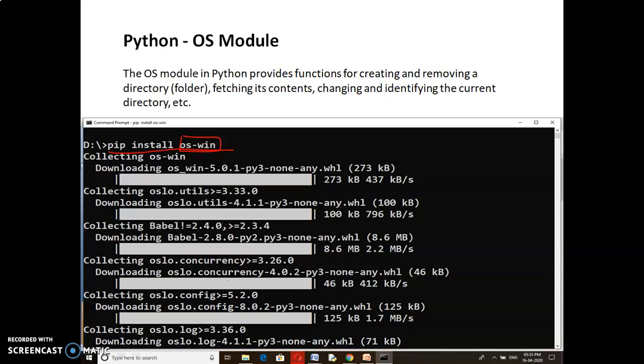Now we can use this package by importing it, and we can access the functions in that package. This is a similar process we use to install any package in our system. You must remember that your system must be connected to the internet, then only can you install the package.